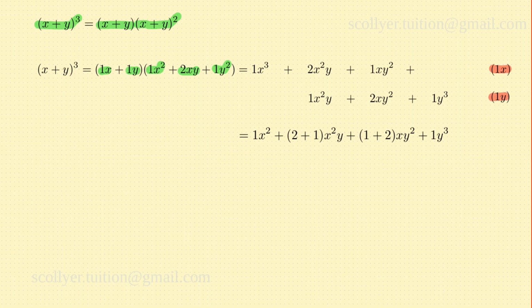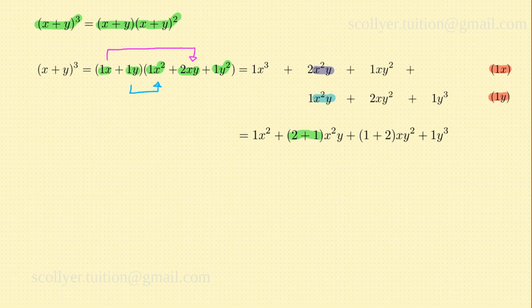Let's look at terms of the form x squared y. There are two of them. This one is produced when we multiply 1x and 2xy. This one is produced when we multiply 1y and 1x squared. And when we gather like terms, the coefficient of x squared y will be the sum of those two coefficients,